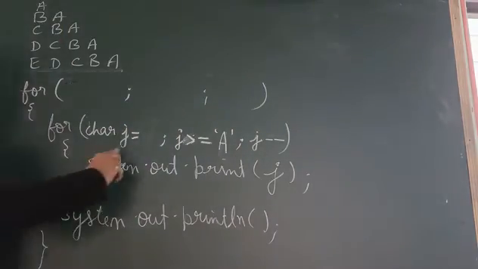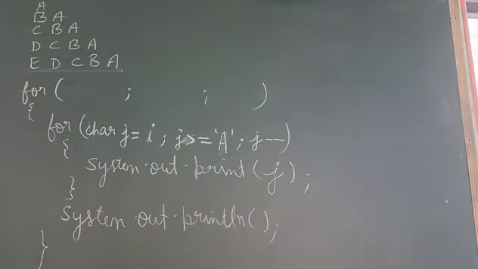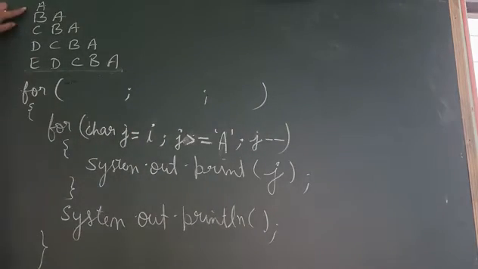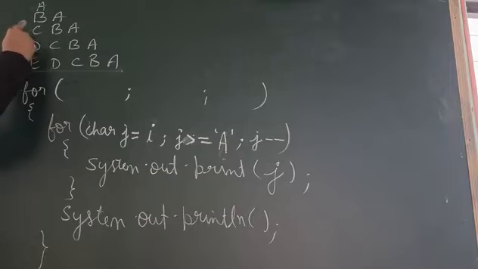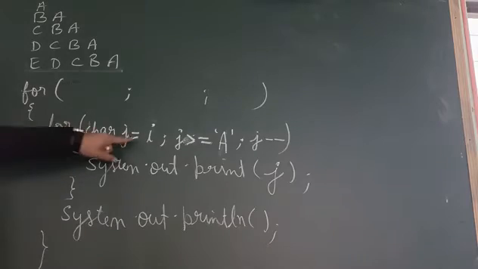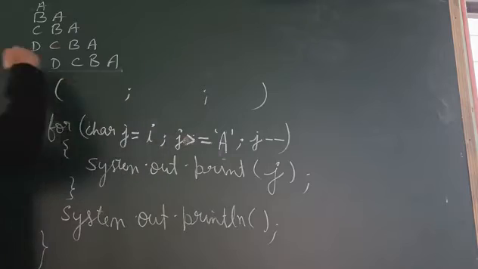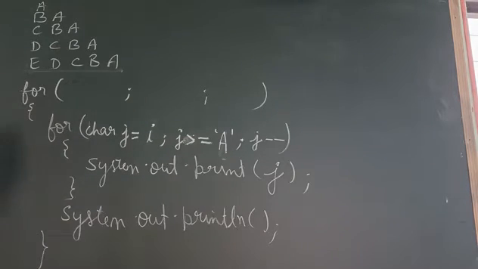Clear? Now the place where the relation is left is initialization. And we have the first value different. When the first value is different, your relation, that is your I variable, will come at the initialization. For every line you can see your first value is different: here A, then here B, here C, here D, here E. So every line is different with the first value. So here I will come.